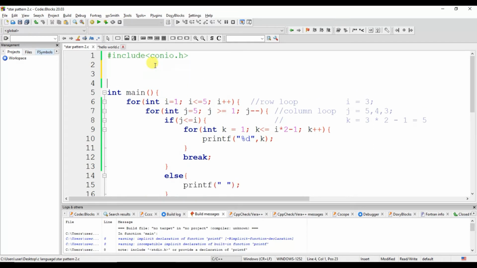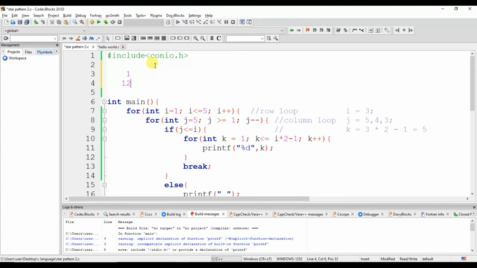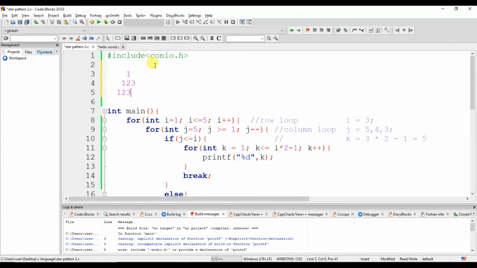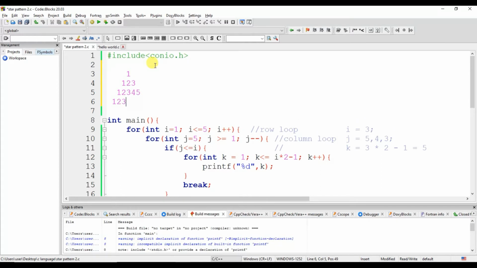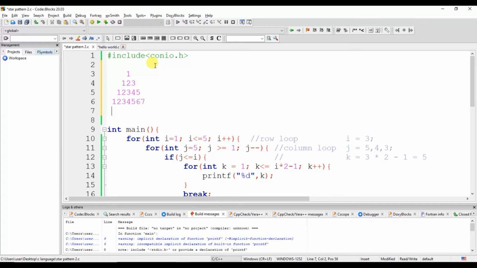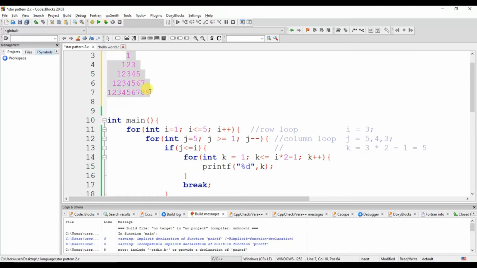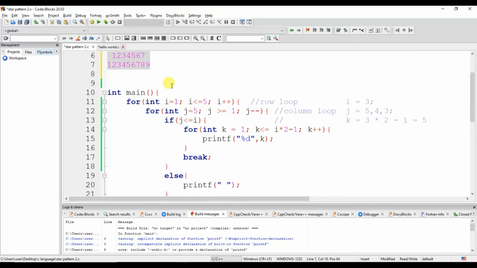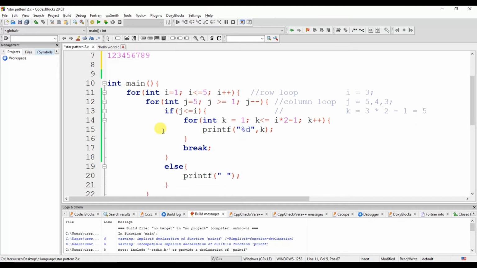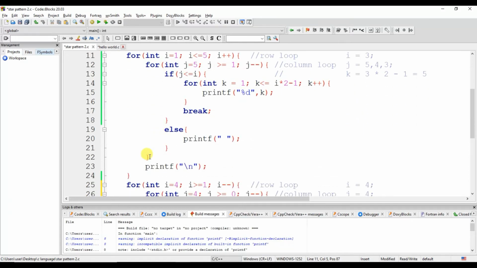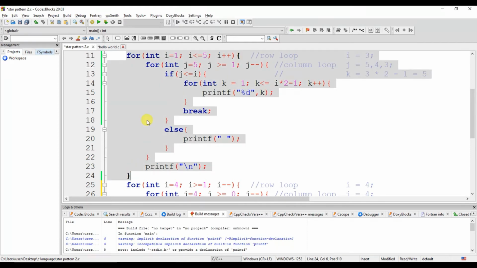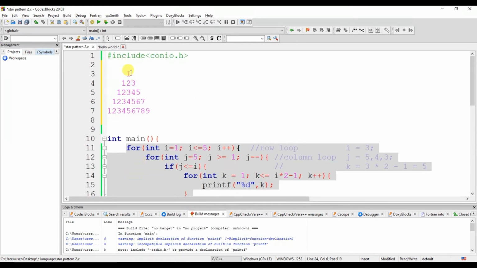Here we have 1, then 1 2 3, 1 2 3 4 5, 1 2 3 4 5 6 7, then 1 2, and 1 2 3 4 5 6 7 8 9. This part was created in our previous video, with the for loop starting at line number 11 and ending at line number 24. So this is the code which prints this.